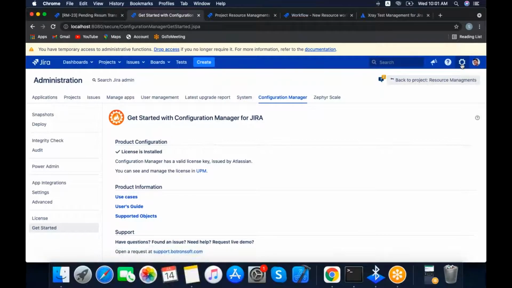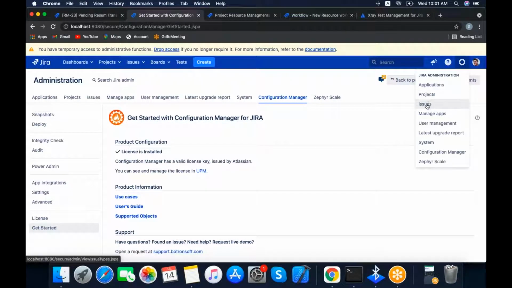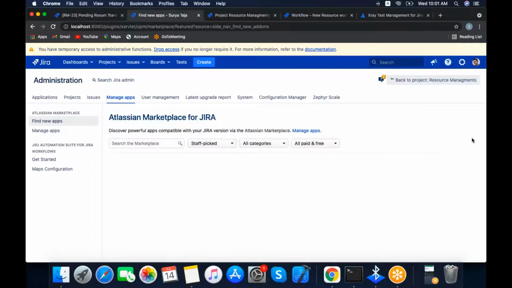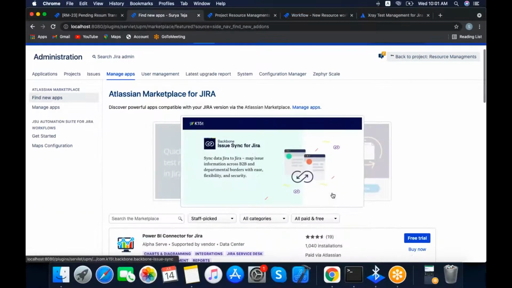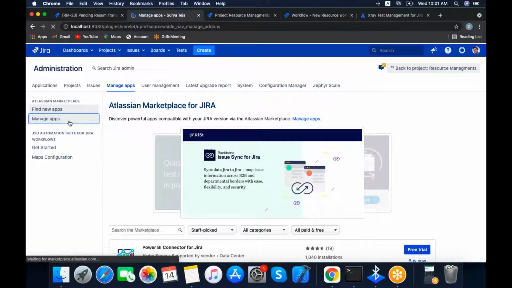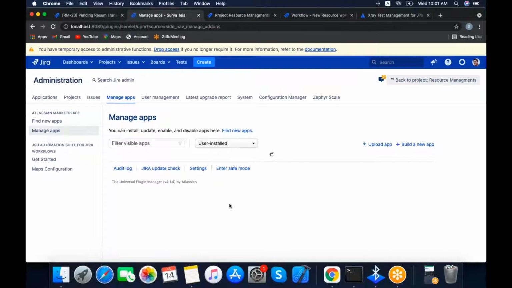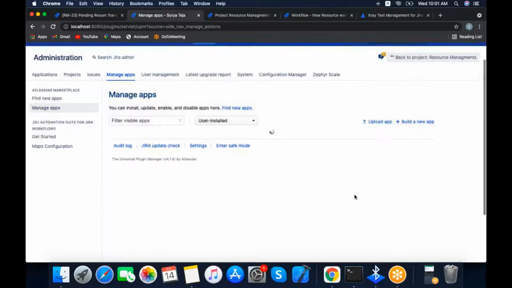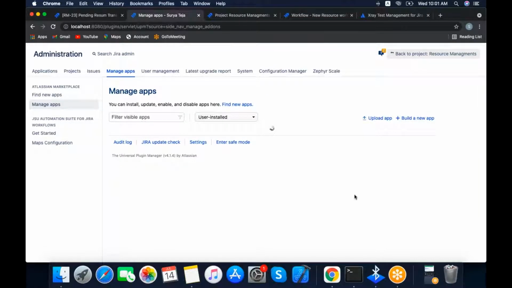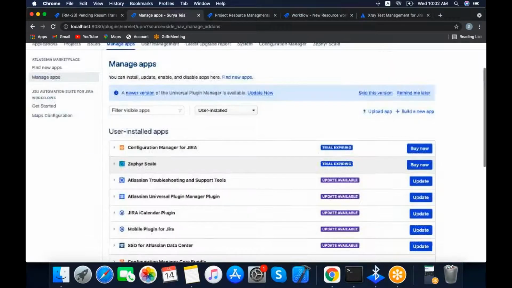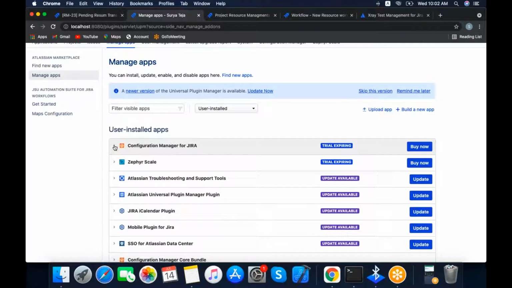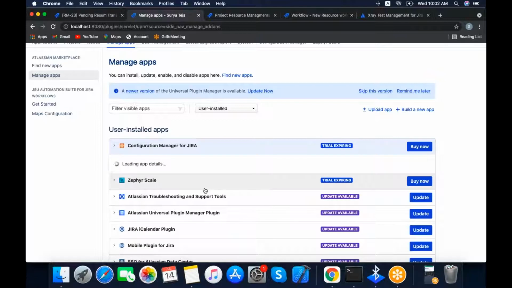You go to Manage Apps. Yeah, if you see, the trial has gone.